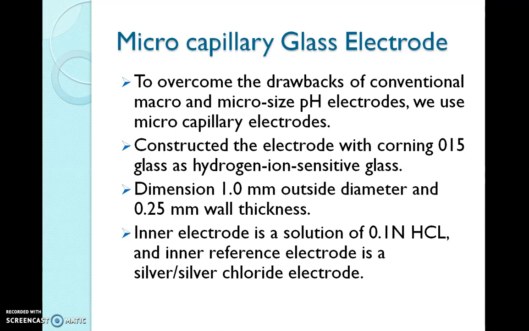The electrode is enclosed in a water jacket with circulating water at a constant temperature of 38 degrees Celsius. The water contains 1% sodium chloride for shielding against static interference. The capillary is protected with a polyethylene tubing. The internal reference electrode is silver or silver chloride, and the calomel reference electrode is connected to a small pool of saturated silver chloride through a porous pin. An accuracy of 0.001 pH can be obtained with this electrode against a constant buffer.